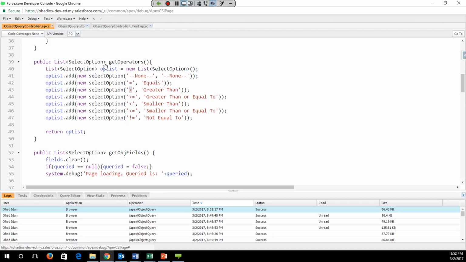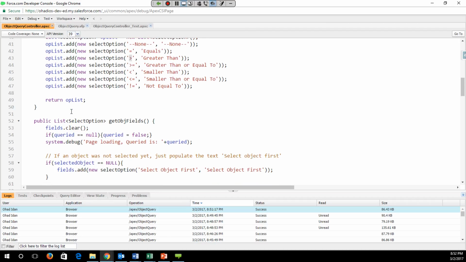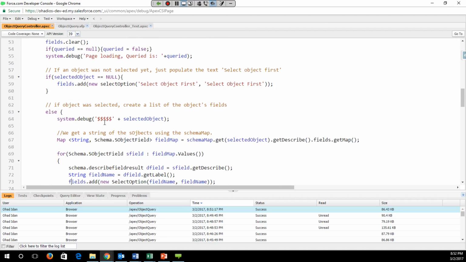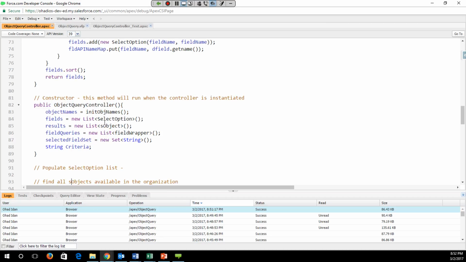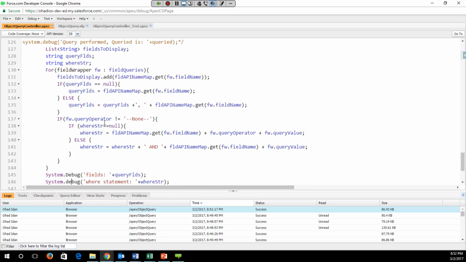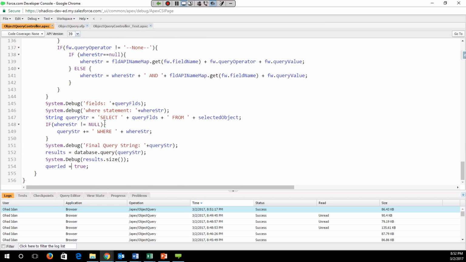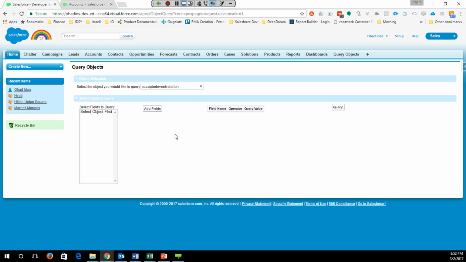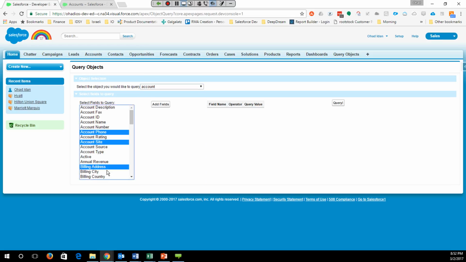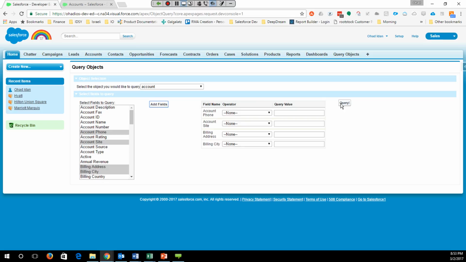Okay, we'll try to get through a couple more things. We're almost at the end of our hour. So let's look at the changes that we've made to the button query. And basically, all we will do right now is we won't display the results yet. If you remember, I only display the results if queried equals true, so I'm commenting this one out. And so when we go to the page now, and I select whatever fields I want, and I query,